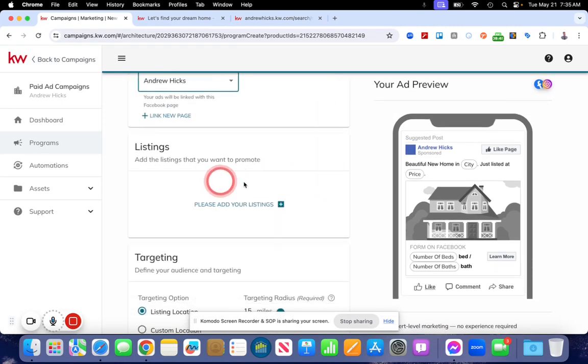Now, listings. This is where we're gonna add in the listing that we want to advertise. Now, it does not have to be your listing to advertise it. You just have to get permission. So what we want to do first is find a listing that we want to advertise. Now, I recommend that you choose a price point in a home with the price point that you want to